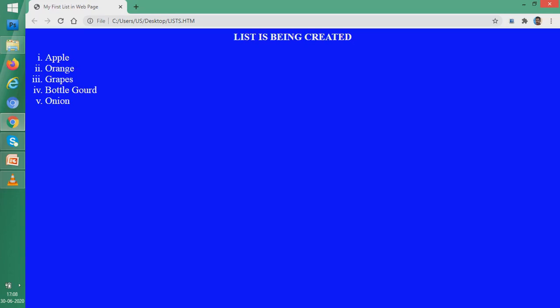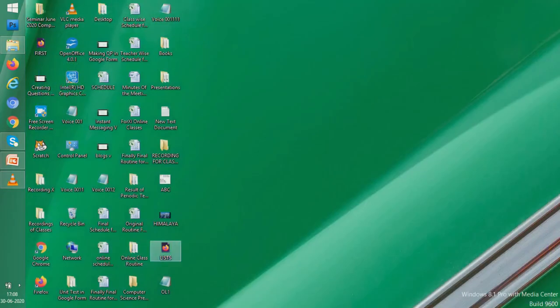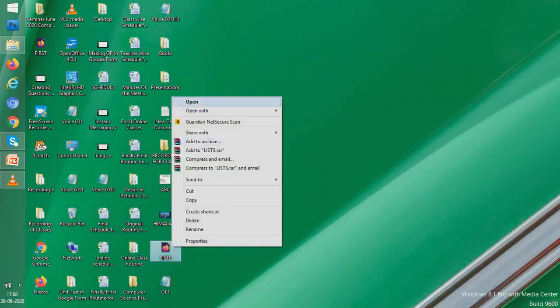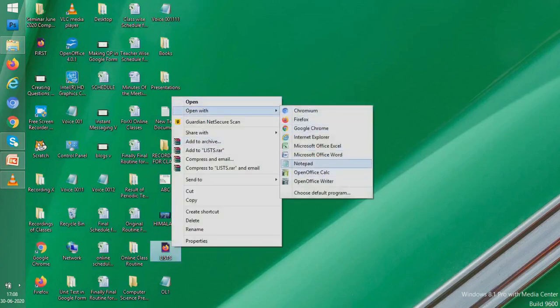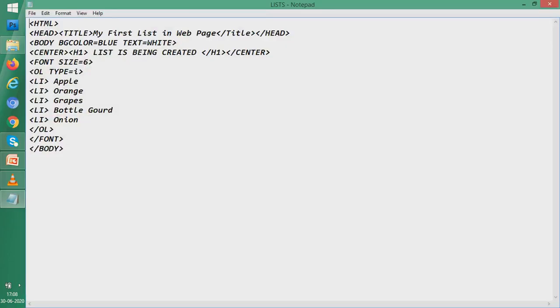What we'll do is, we'll write two ordered lists. The first ordered list, in this ordered list say type is equal to 1, I write, and within this ordered list I give a list item.